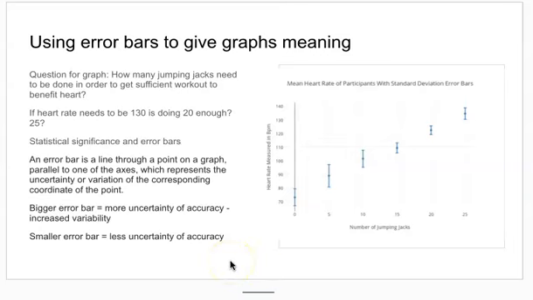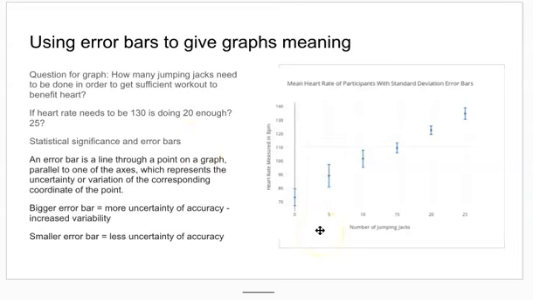So one of the things you're trying to determine is, let's just say you're trying to determine how many jumping jacks does a person have to do to get their heart rate to 130 beats a minute. And let's just say 130 beats a minute is what that person's heart rate needs to be in order to be considered to be working on their fitness level, okay? So if you're starting out with a new person and you want them to get their heart rate to 130 beats a minute, you don't want them to be doing more jumping jacks than they have to be. So how many jumping jacks do they have to do to get to 130, okay? So the question is